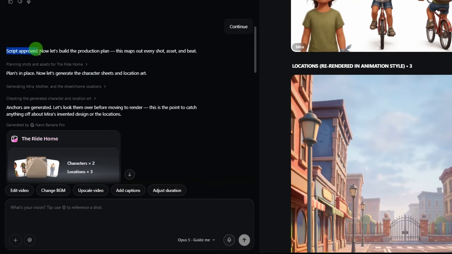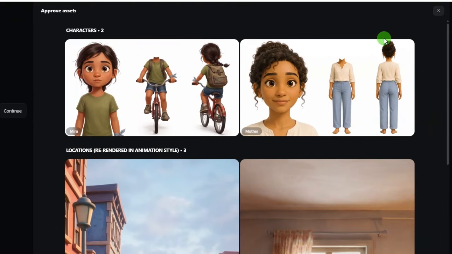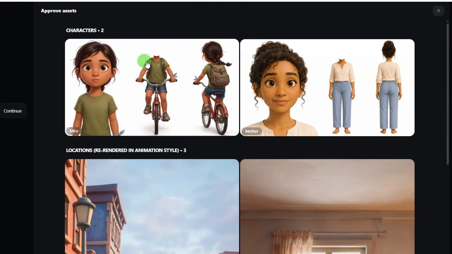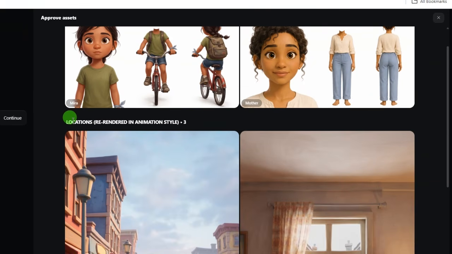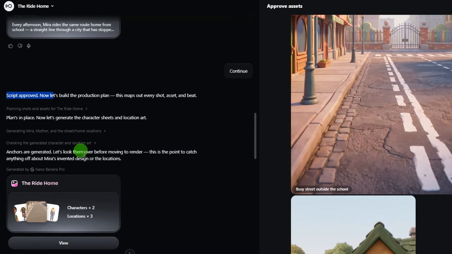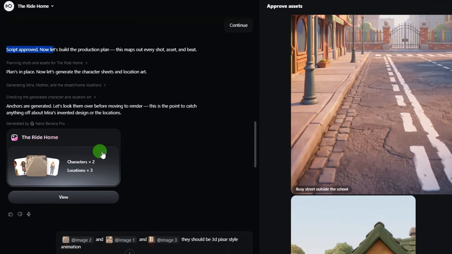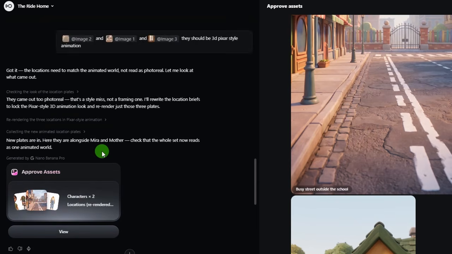So here it says script approved. Now let's build the production plan. So just after some few minutes, the AI will give you this entire detail. So these are my characters. After that, the AI will also give you the location where the story is taking place. Once that is done and you're satisfied with what you have gotten, then you can ask the AI to proceed. But if you are not satisfied,